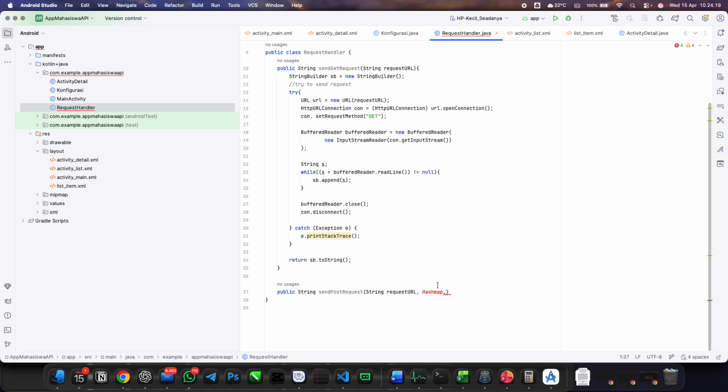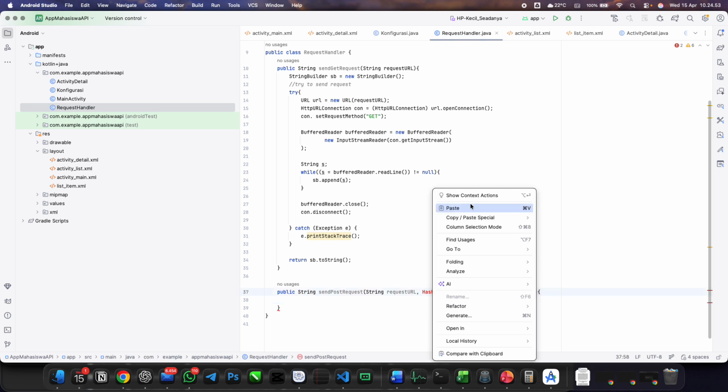Oh my bad, I hate this keyboard. Hash map, the content of the hash map will be string and also string. Okay, oh sorry, double string, my bad. Okay, just ignore that error because we haven't returned anything.